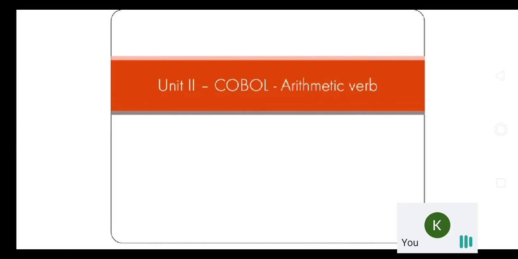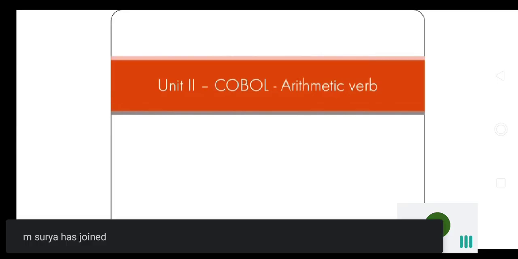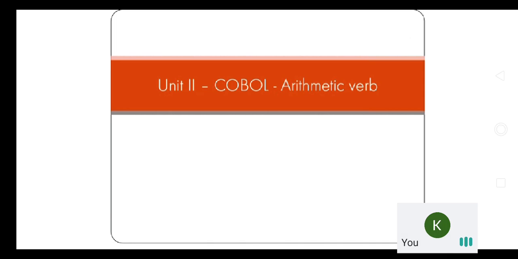Good morning to all. Today the topic is going to be COBOL arithmetic verbs. This is one of the important verbs that we have in the second unit. From unit 2, this particular verb is very important because to perform